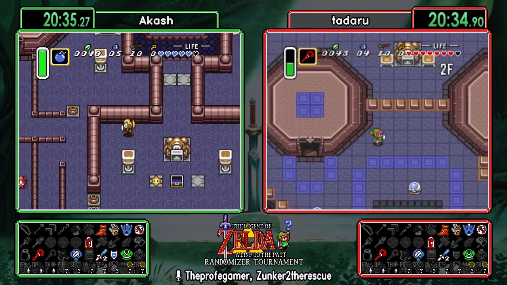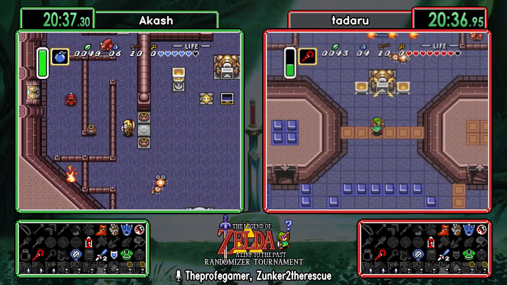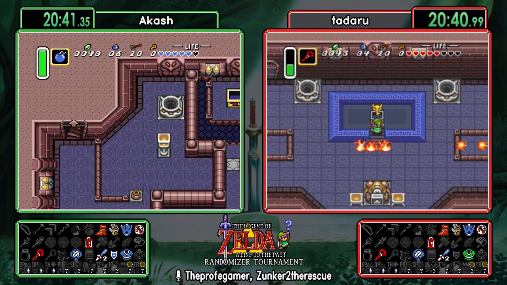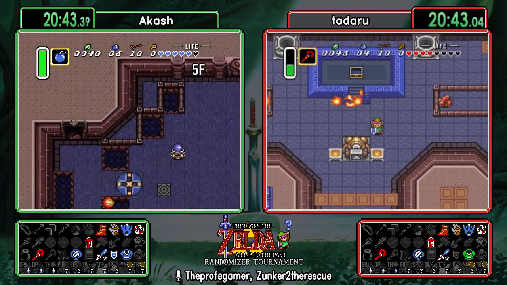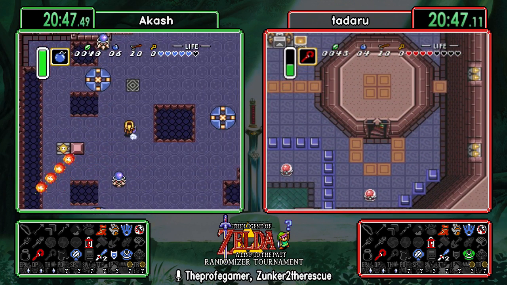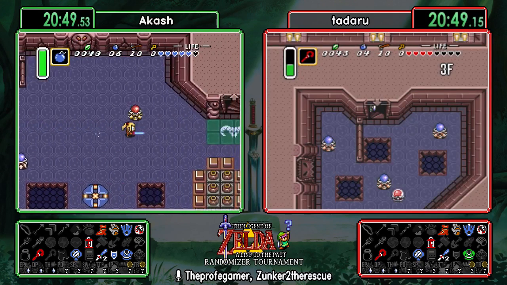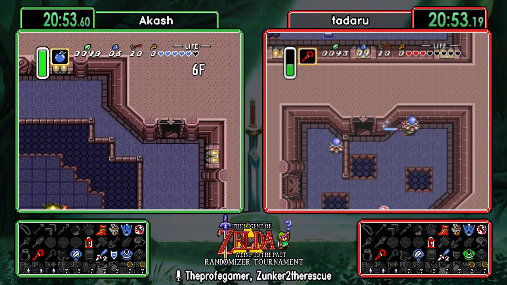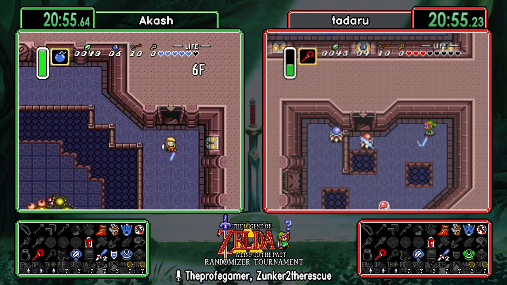Ooh, we got blue mail. That's going to be nice to have. Not progression, but always nice to have the extra defense. And Josh also got the nice bomb jump there to get to that big chest. If you fail that, you fall, I believe, 2 floors. Yeah, it's not a forgiving bomb jump, and Akash did pick up those 2 unique items, so he's going to